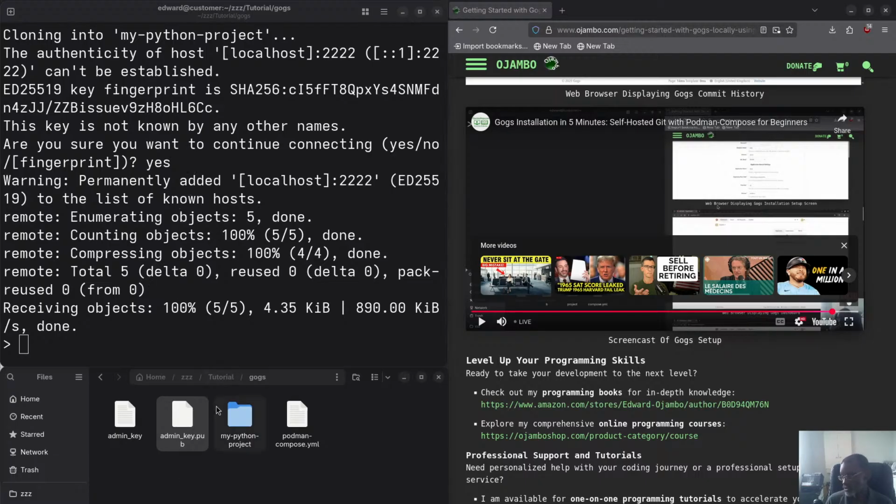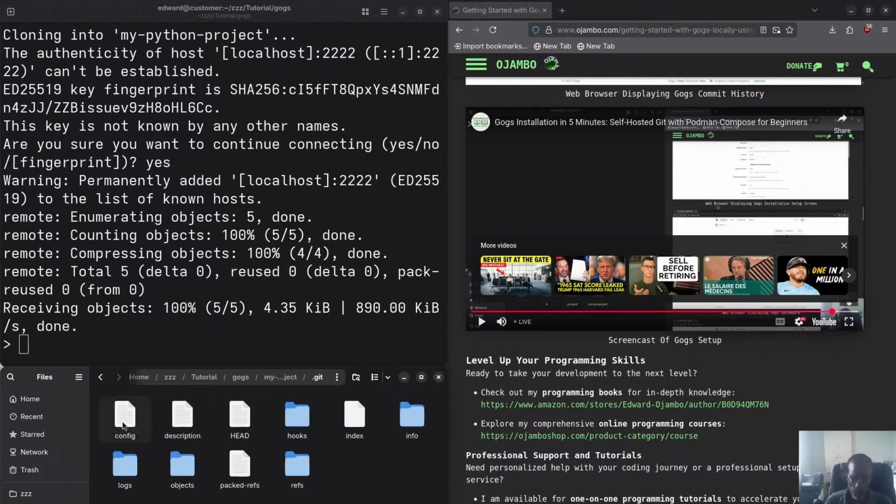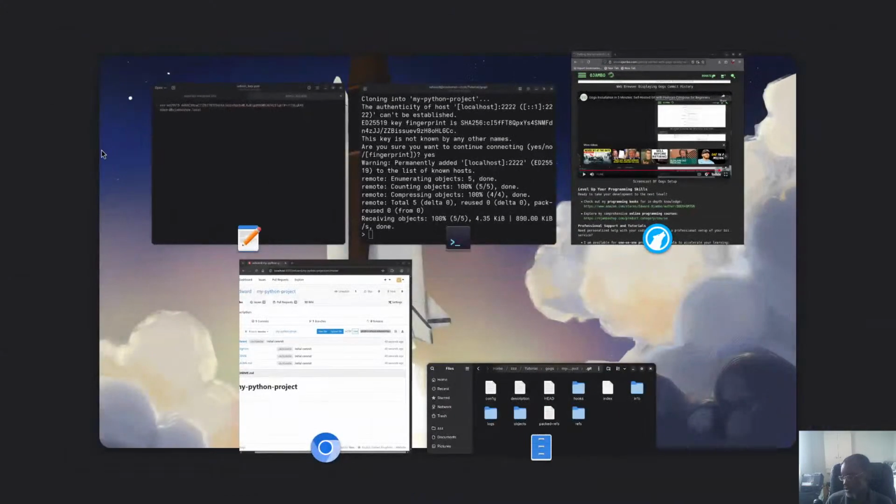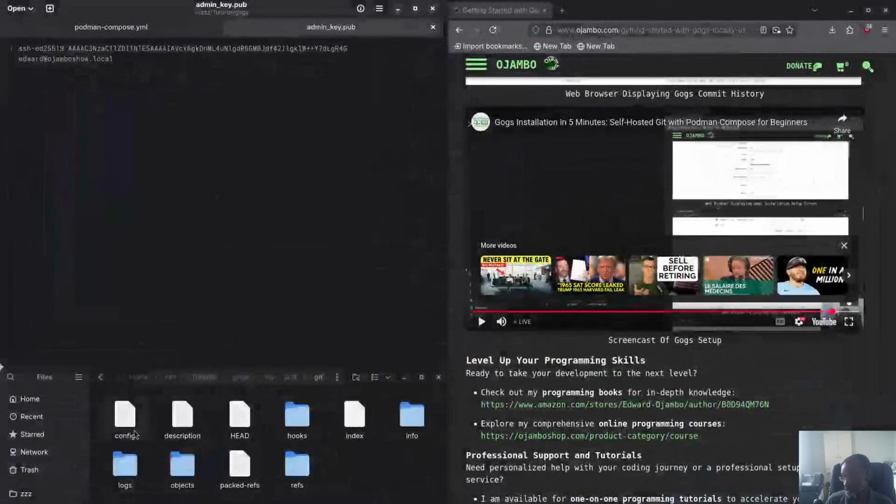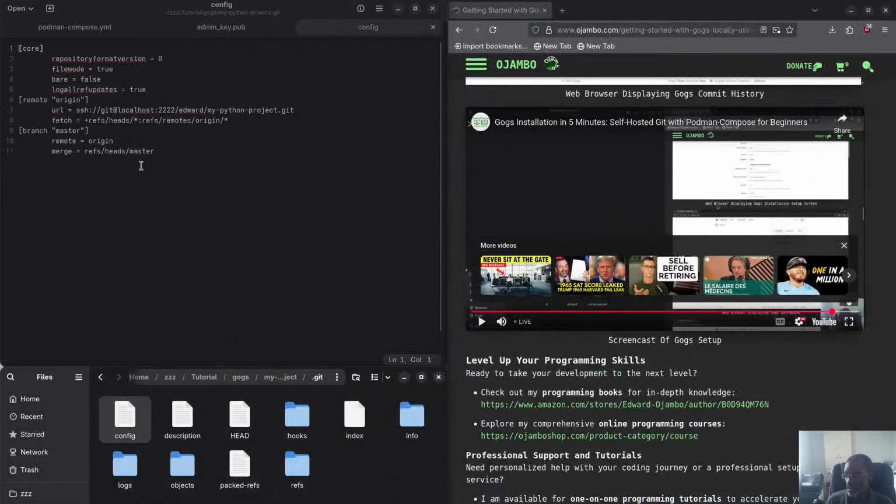obviously .ssh known_hosts file. Okay, so we go into here. You see we have our license and we have a README file. If I press Control H, you see hidden files. You see there's a .gitignore, and there's also the config here, and the configuration is already okay. We can even prove the configuration is okay. I'll open it up in here to check it out, and you can see it automatically